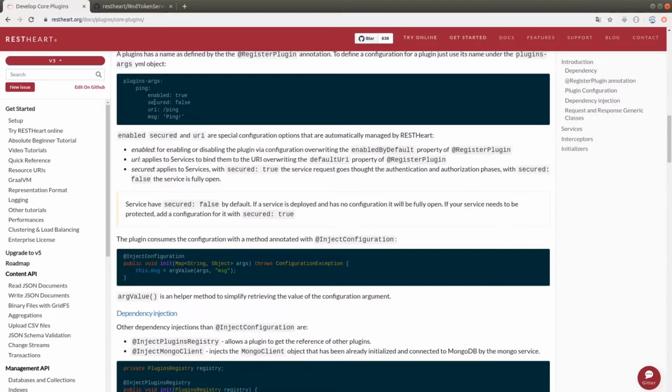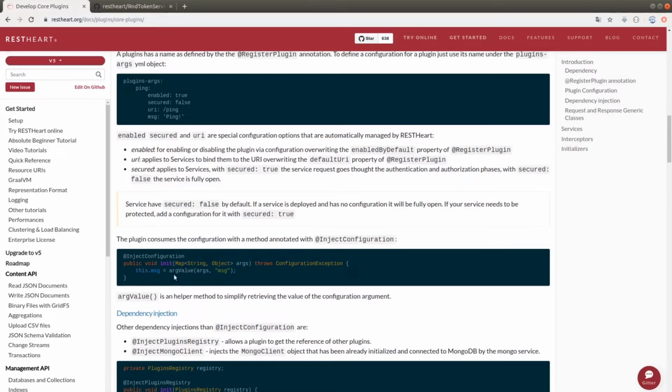What is inside the configuration can be used by the plugin through a method which is annotated with @injectConfiguration. Therefore, in the following example, we can see that there is a method called init, which is annotated with @injectConfiguration. A map called args is passed to it.